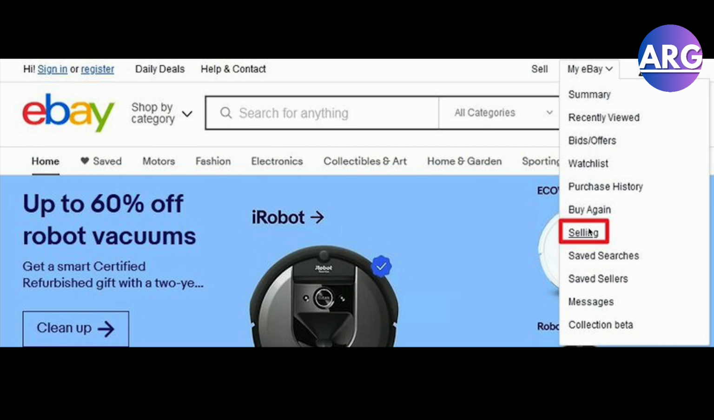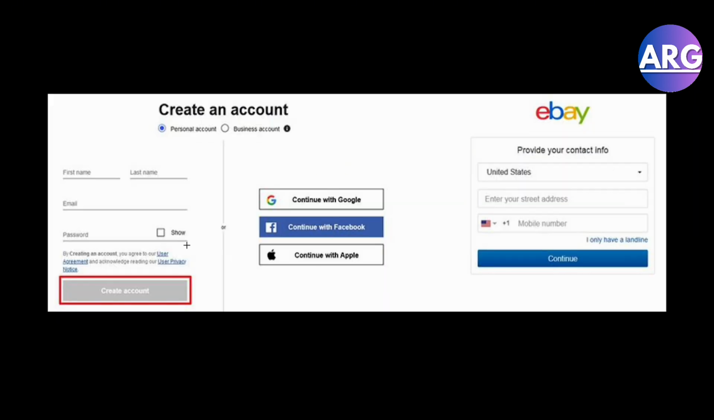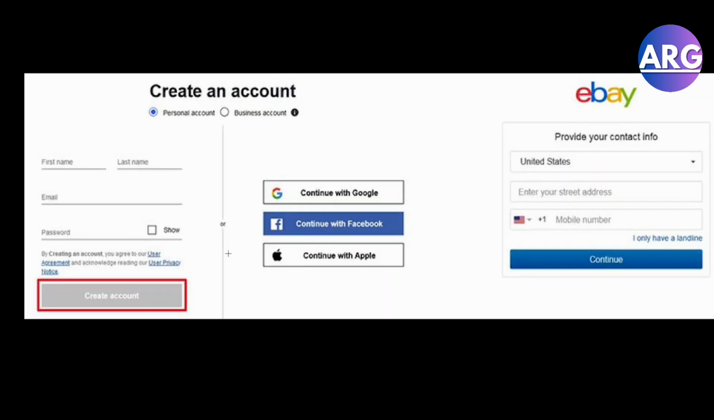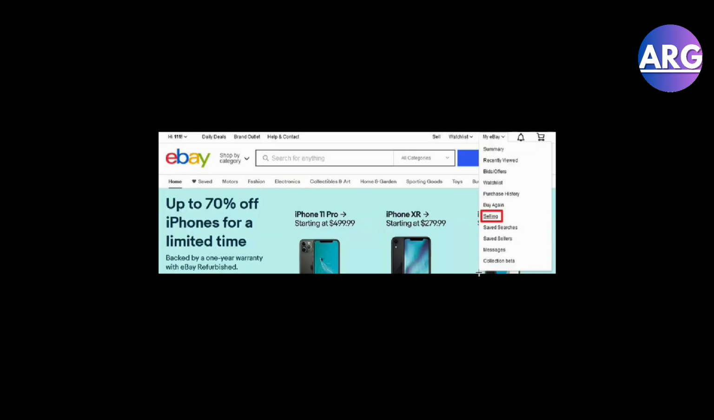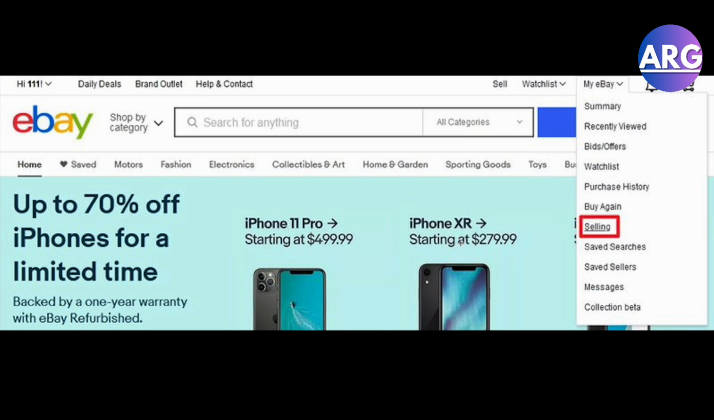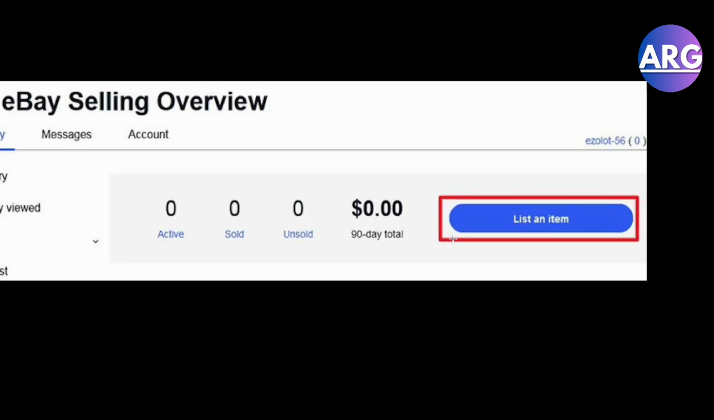So here in eBay you want to go to selling. Of course, you'll have to create an account and sign in first. You can use your Google account right here, or you can use your Apple ID for easier access. Next, once you have your own account, you want to go to selling and then list